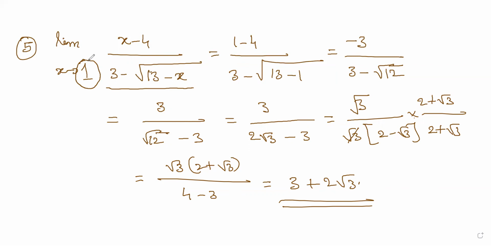The basic idea is to substitute first and check. That they will not do. They will do all kinds of jugglery first, and then later they will realize that this jugglery is not required. By that time, you have lost exam time. In that sense, they are tough. If you know the concept, they are not that tough. The first thing is you have to substitute and see. That's most important.